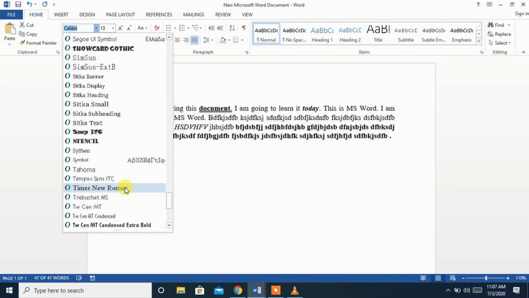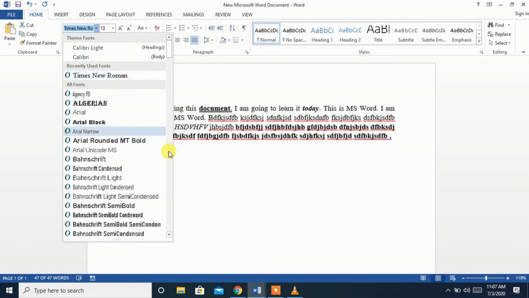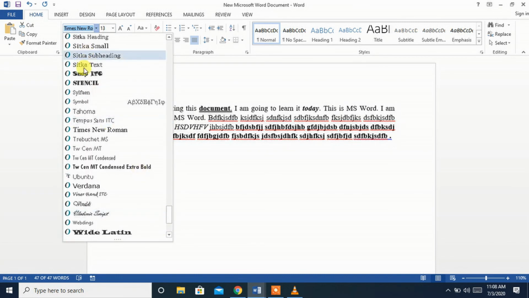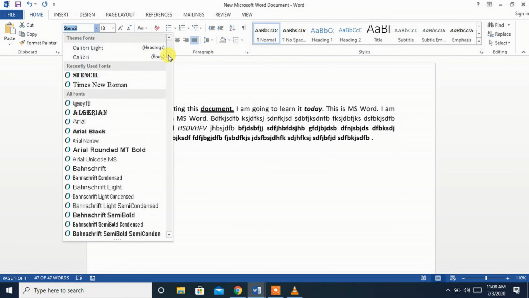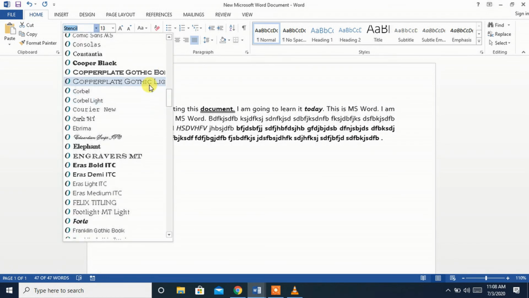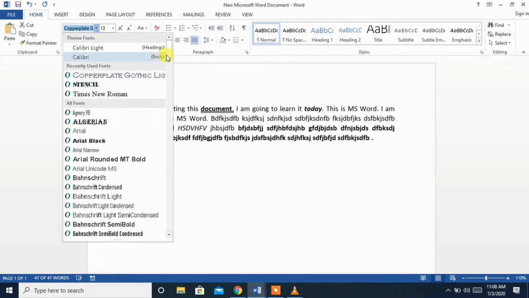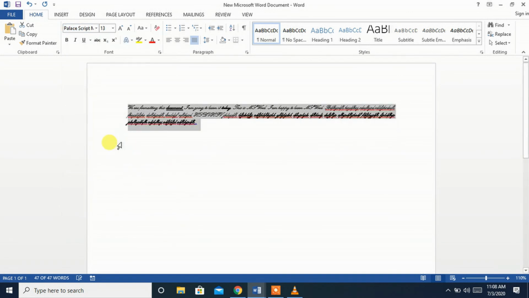Yeah, Times New Roman. You can see the change in the font type. I am again changing it to something like this. Yeah, stencil. You can see the change, or I am again changing, so I am doing it again to show the change. This option, the word type was changed, so whatever is the type that you are preferring, you can choose that.